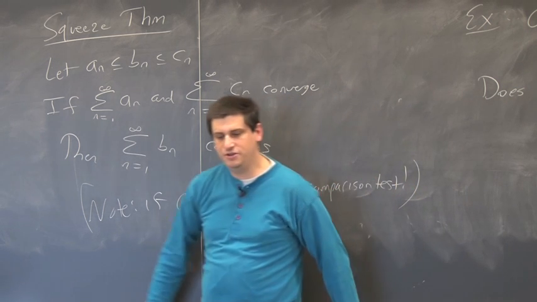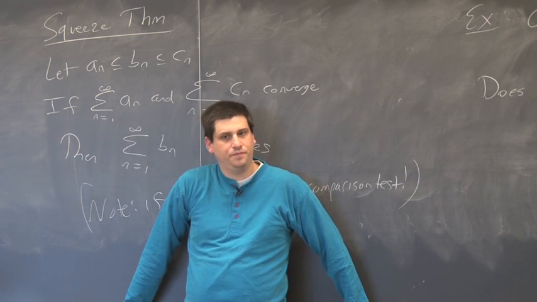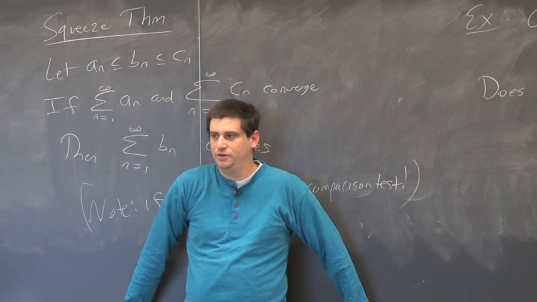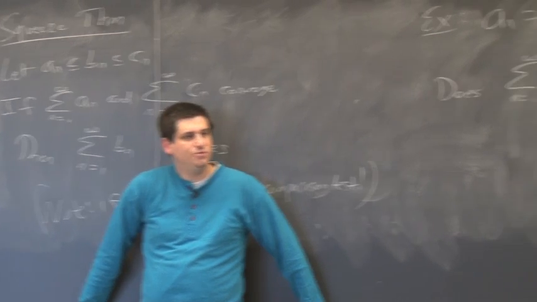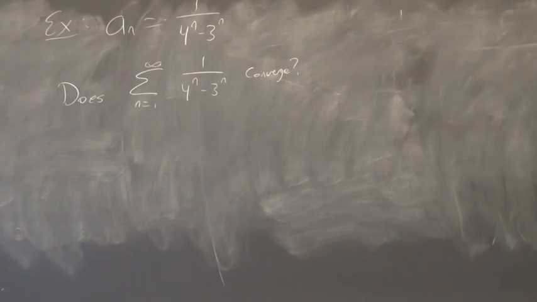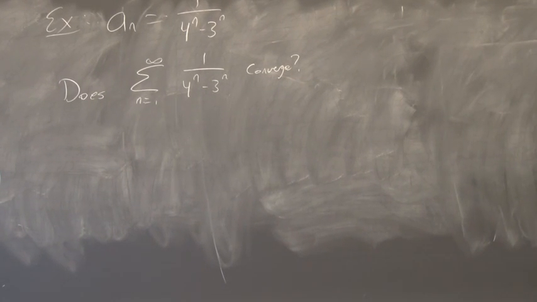So what do you think? Converge or diverge? Or if I change the denominator a little bit, what would make this problem a lot easier? How could I change the denominator? What's something close to this, where I would know immediately if it converges or diverges? So instead of giving you 4^n minus 3^n, what could I give you where you could immediately look at this and say, oh yes, this converges because